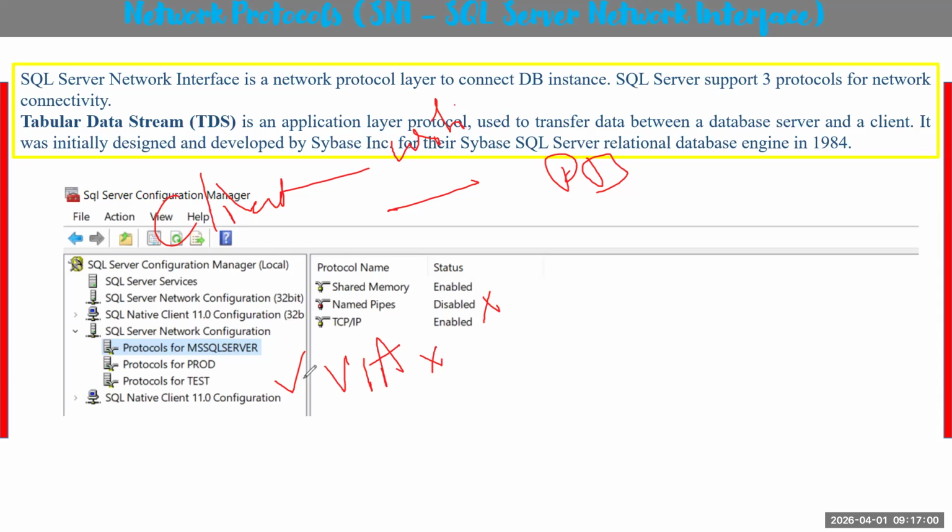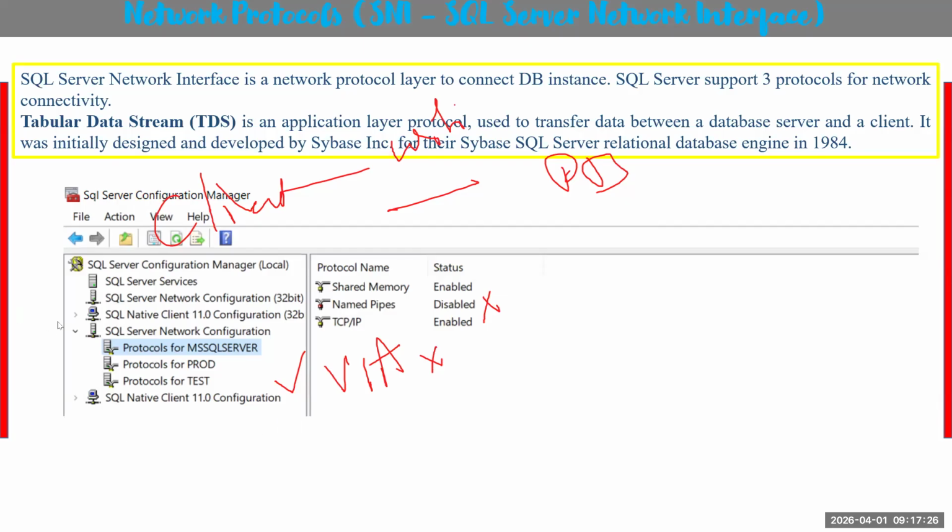At present we have only 3 protocols, but in older systems we had one more protocol, VIA, Virtual Interface Adapter. Whenever our client and DB interact via Wi-Fi, we used to enable this protocol. Is it clear, everyone? Yes, Subbu. Yes.